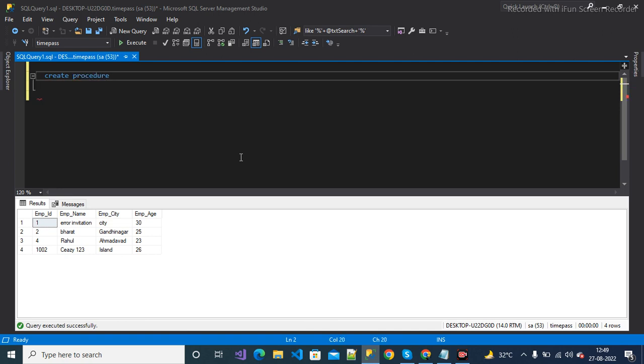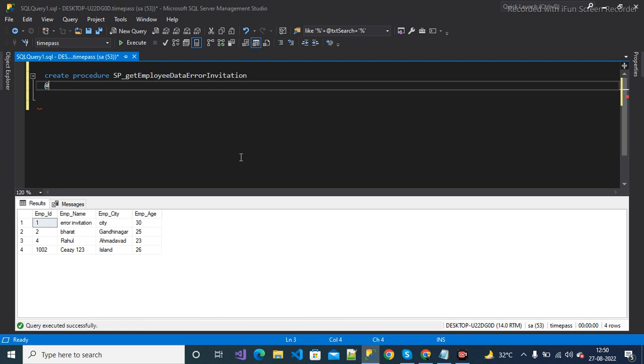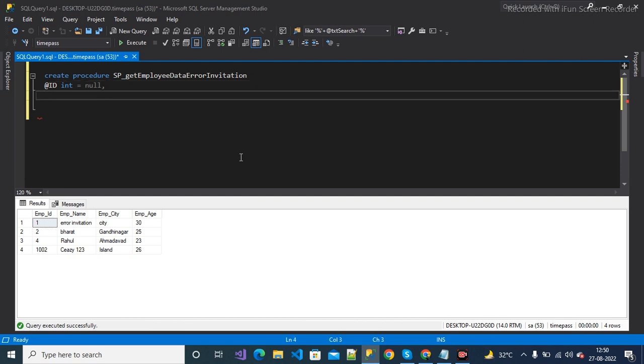Create procedure sp_GetEmployeeData, and I will take here an id parameter, integer. If you take a parameter as null, then you do not need to pass this parameter. You can pass it or you can not. Okay,